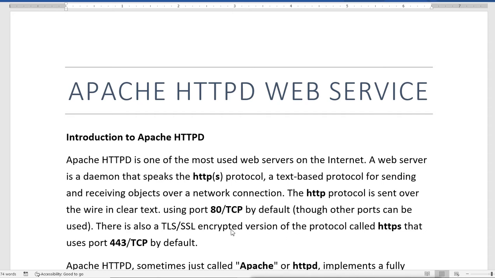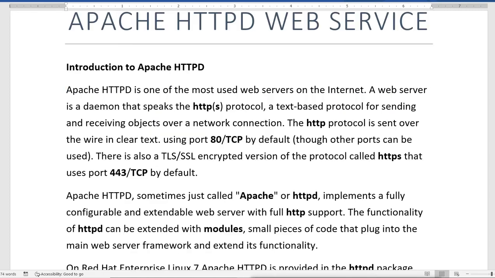Then there is also the TLS or SSL encrypted version of the protocol called HTTPS, and that uses port number 443 of TCP by default. This is the default, but we can change these ports. These are the default ports: 80 for the normal communication and 443 for the secure communication.